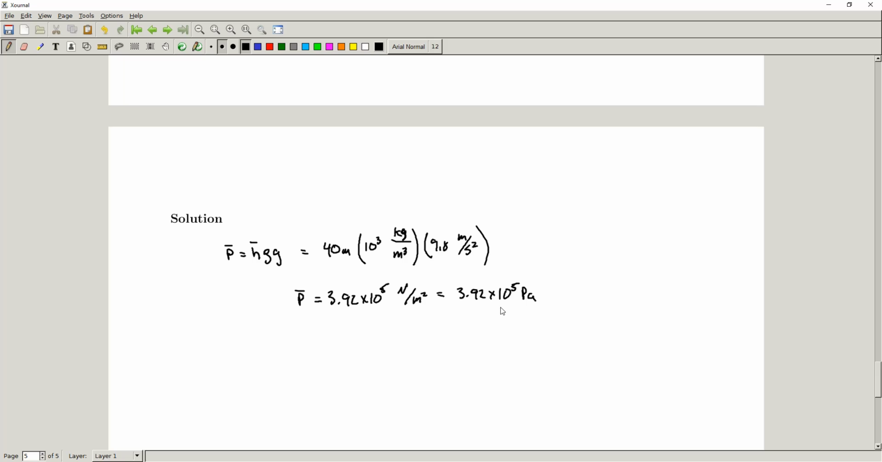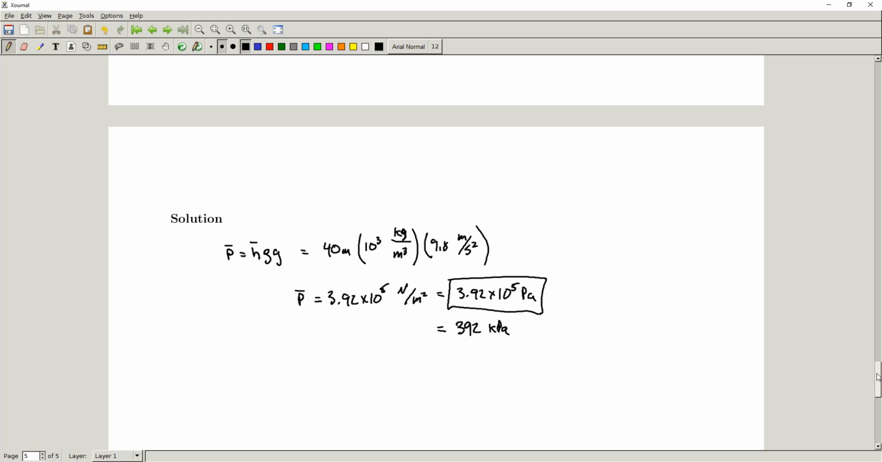Or the textbook also then cleans this up a little bit and writes this in terms of kilopascals. I'm not so interested in worrying about that sort of prefix on our units here. We could write this as 392 kilopascals, but I wouldn't worry about that. This would suffice as an answer for sure. Okay, so just remember that pascals are newtons per meter squared, and we're kind of good to go from there,